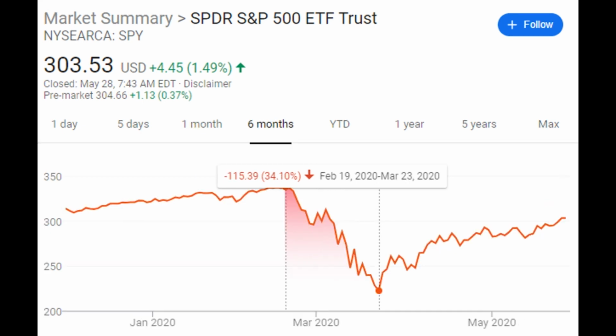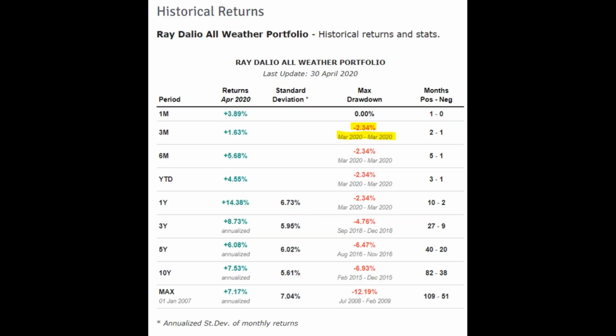In March of 2020, the S&P 500 went down by 33%, while Ray's portfolio went down by only 2.34%. So, once again, the all-weather portfolio outperforms the general stock market during a crash. As we can all see,